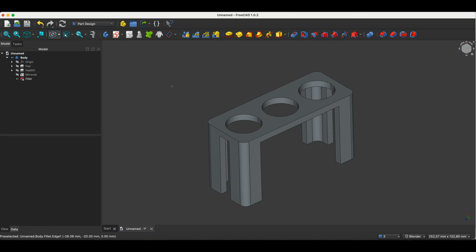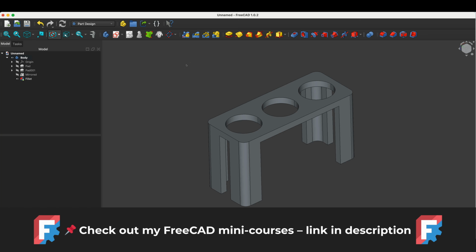This is FreeCAD, a completely free program for technical 3D modeling. Anyone can start creating their own 3D models in this software. To begin using FreeCAD, you just need to download and install it, and then you can start making your own